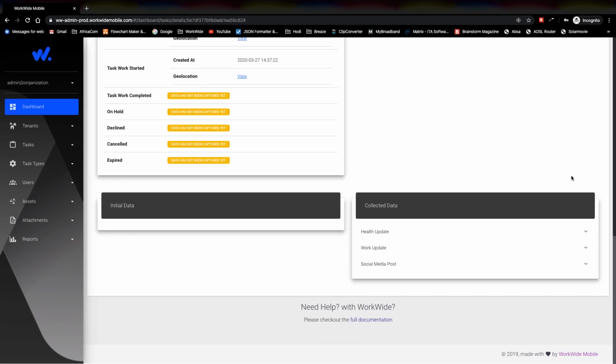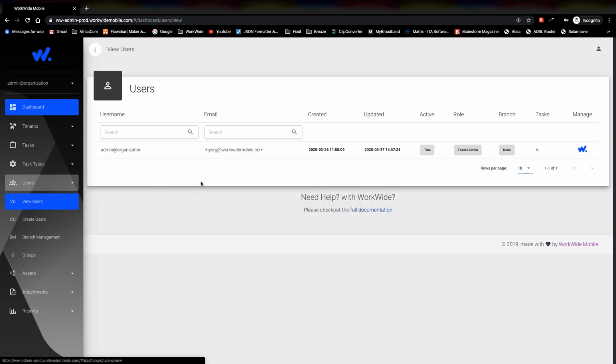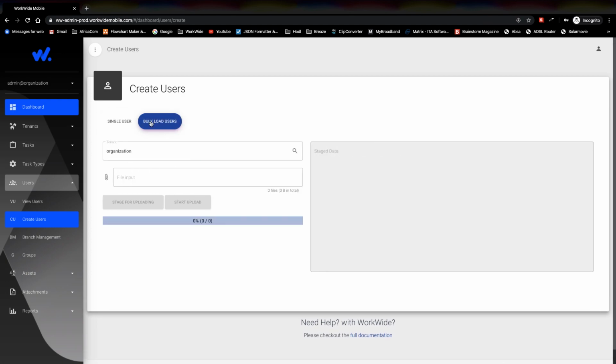We also have the ability to add users to your organization. As you add users to your organization, you can view your current users that exist. As you can see, I'm the only one that exists here, the admin. I can create users manually here if I want to add them one by one. But in some cases, I may have a large team and it's not practical or feasible for me to add them one by one. In situations like this, I'll simply add them using the bulk upload